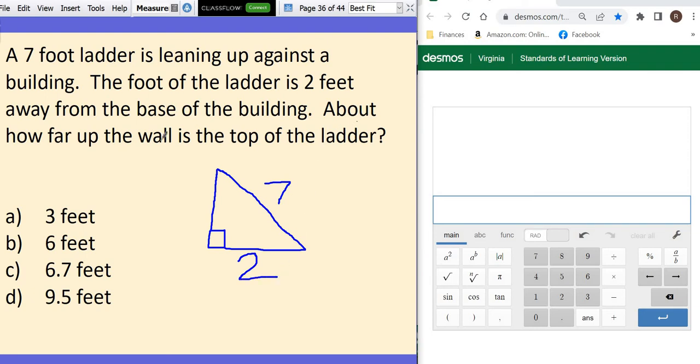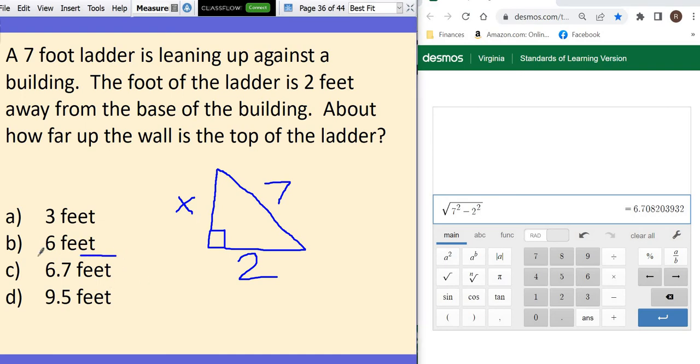And it says about how far up the wall. Up means this side standing straight up is the top of the ladder. So we have a hypotenuse, we have a leg. So to solve that, we need a key. The hypotenuse squared goes first. Since we have a hypotenuse and a leg, we subtract. Then we do leg squared. So that means x is